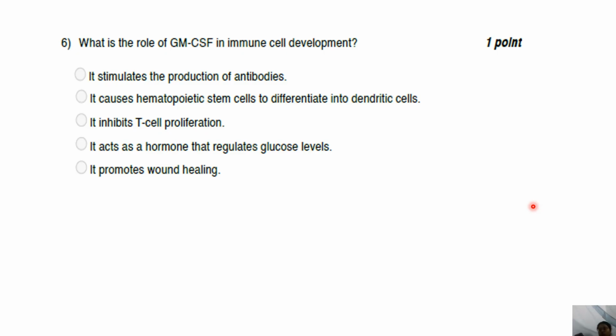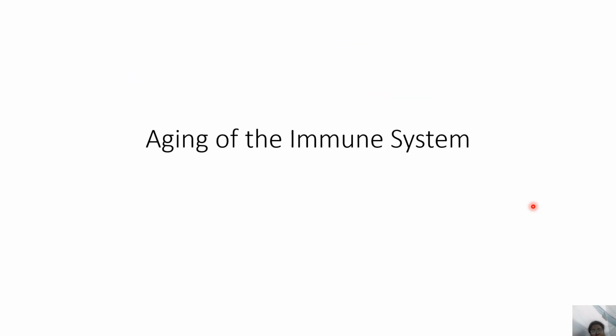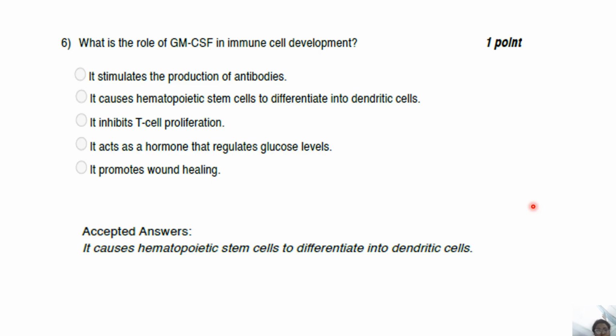Okay, so basically the answer will be option B, which is it causes the hematopoietic stem cells to differentiate into dendritic cells. The full form of GM-CSF pertaining to immunology is granulocyte macrophage colony stimulating factor. Now, granulocyte macrophage colony stimulating factor is a cytokine that plays a central role in hematopoiesis and immune system